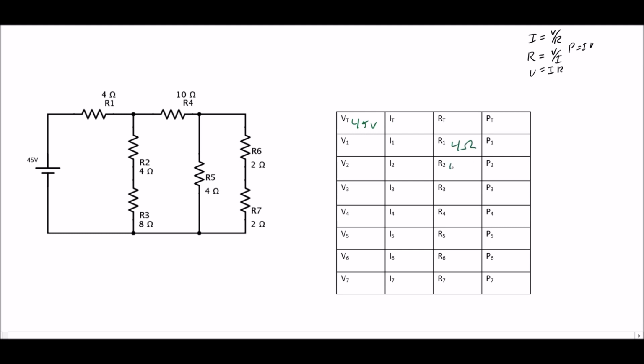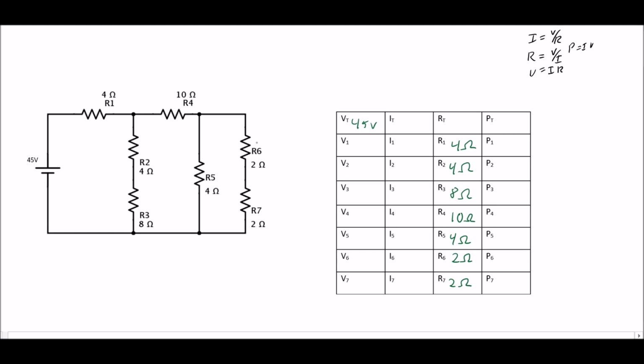Our second resistor is 4 ohms. Our third resistor is 8 ohms. Our fourth resistor is 10, 4 ohms, 2 ohms, and 2 ohms. So the first thing we want to do is find our total resistance, and to do that we have to